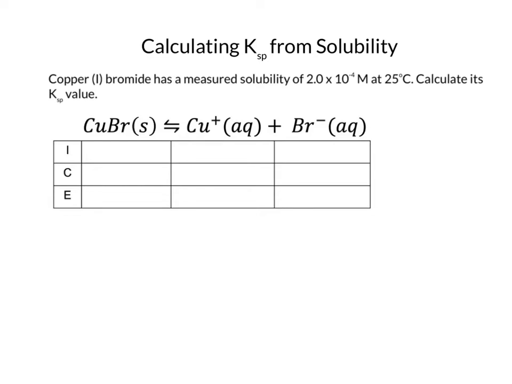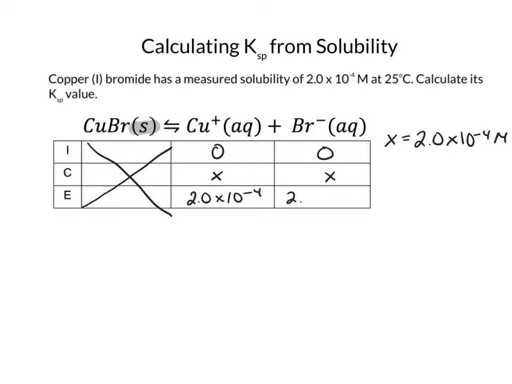What's great about solubility equilibria is the fact that your reactant is a solid, which means that you don't actually care about anything from the actual copper 1 bromide. So assuming you're throwing this in solution, your initial conditions of your ions are both 0. So you're going to dissociate to create those, so both of these are going to be X. So what that X is, is your solubility, 2 times 10 to the negative fourth molar. So each of these is 2 times 10 to the negative fourth,